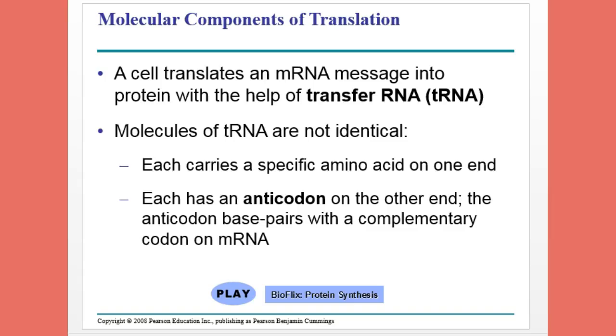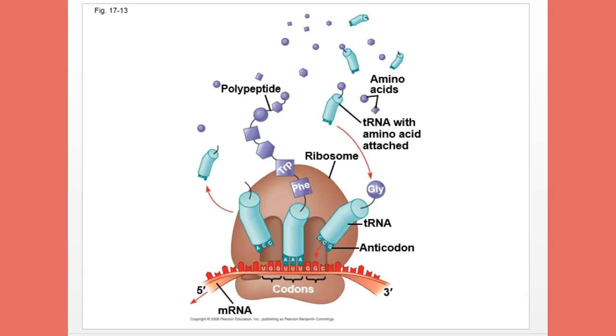to do. Alright, molecular components of translation. A cell translates an mRNA message into a protein with help of transfer RNA or tRNA. Molecules of each tRNA are not identical. Each carries a specific amino acid on one end. Each has an anticodon on the other end. The anticodon base pairs with a complementary codon on the mRNA. Alright, this figure on page 337,